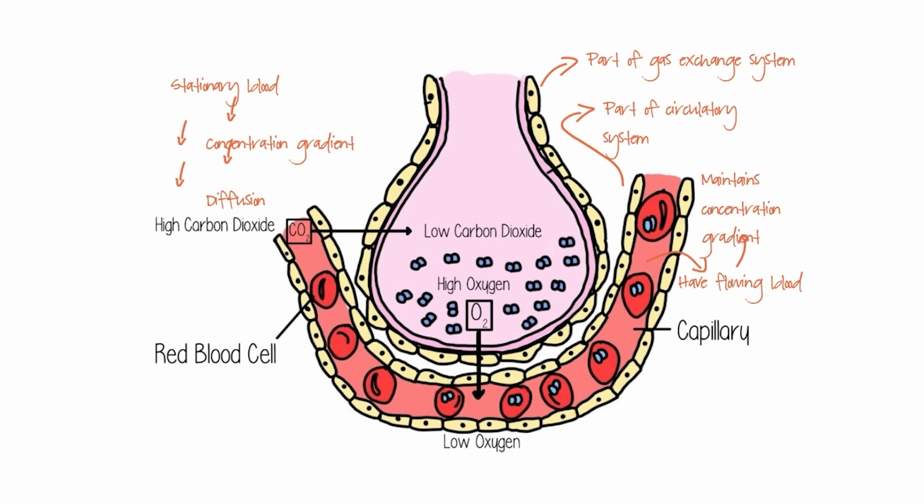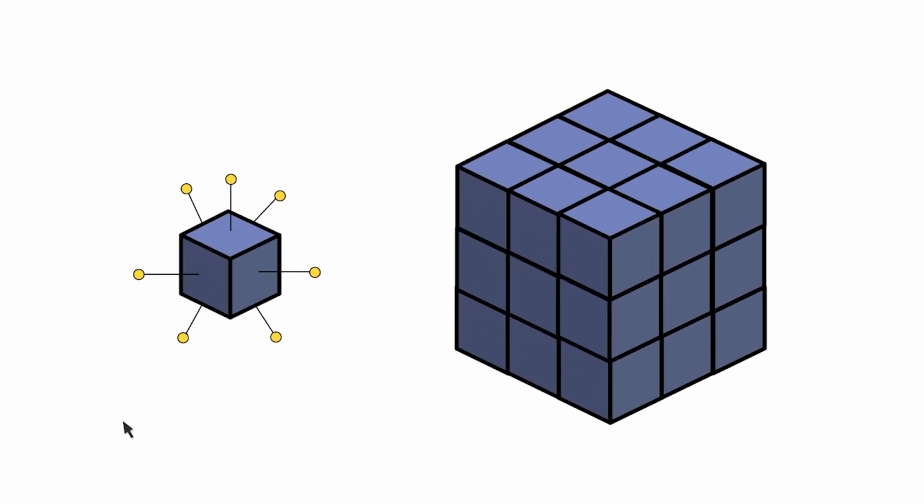Now, before we move towards the conclusion of this lesson, let's revisit the concept of a large organism versus a small organism one more time. Imagine that each of these cubes represents a cell. Notice, when you have a single-celled organism, every side of its surface is exposed to the air and can be